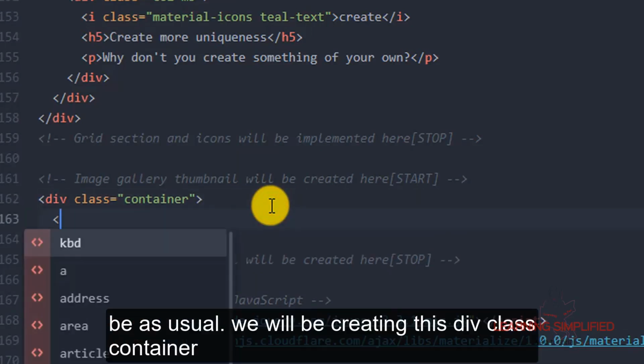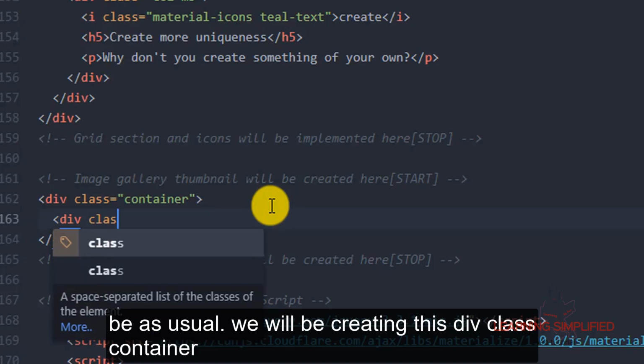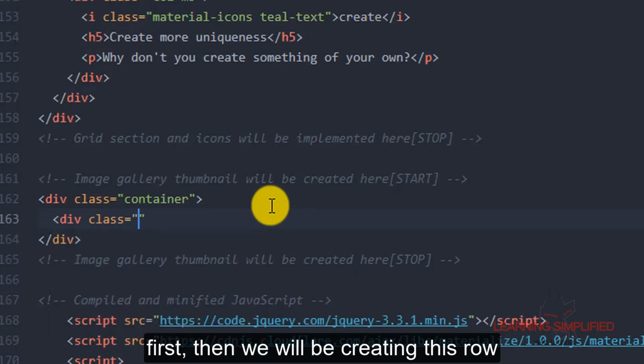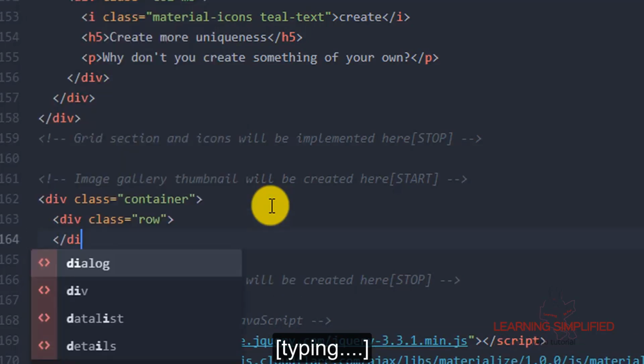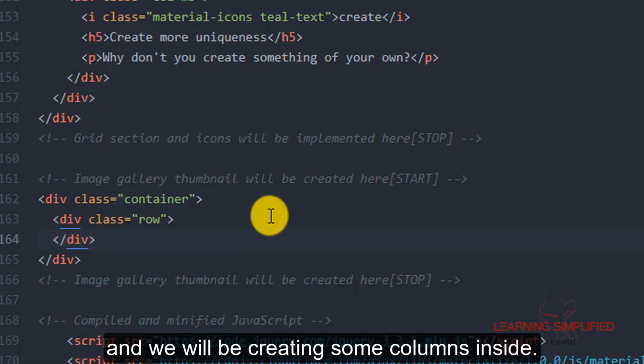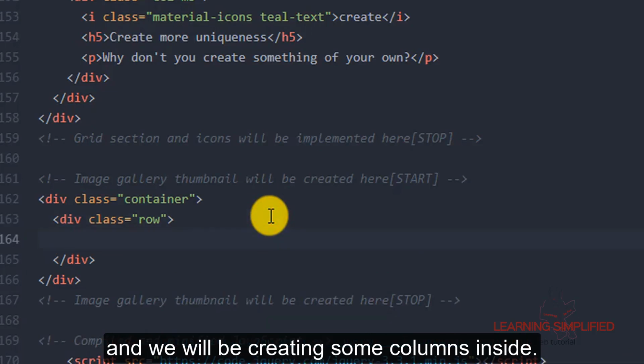Everything will be as usual. We will be creating this div class container first, then we will be creating this row, and we will be creating some columns inside.